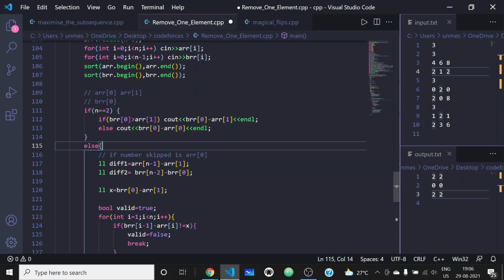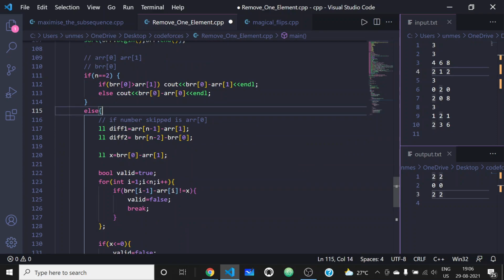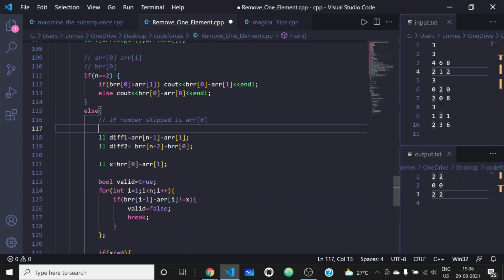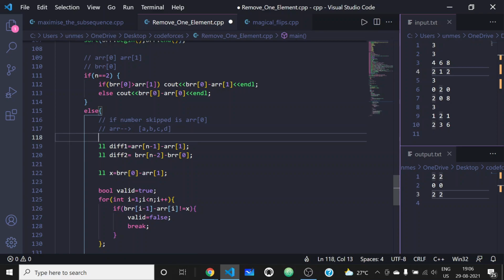Suppose this AR was initially A, B, C, D, and this BR is now, so I am assuming that both of them are sorted, let it be E, F, and G. Let us add some more elements. It can be U, V.